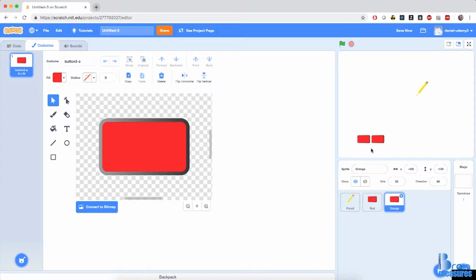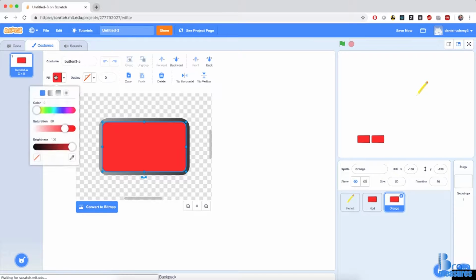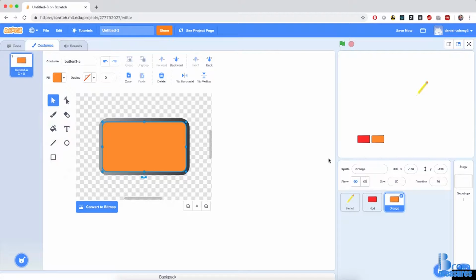All right. And then in the orange sprite, I'm just going to click on the red rectangle inside and I'm going to change the color to be an orange one. So the first slider is going to be drawn a little bit to the right. So something like that. All right. And then all we need to do is duplicate one of these sprites for the other buttons as well. So here's what I'm going to do. I'm going to right click on orange, click on duplicate,